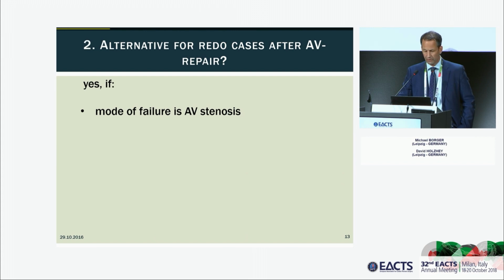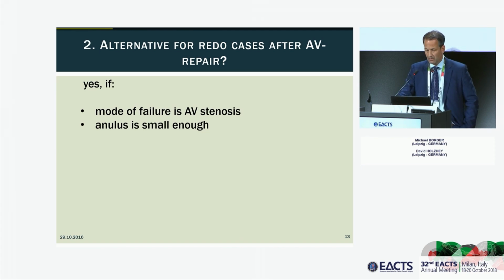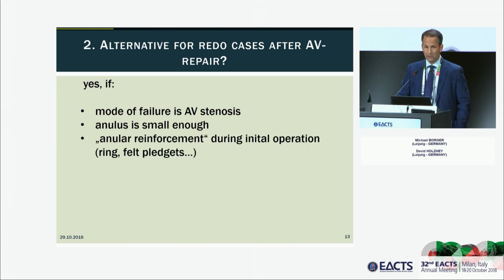Usually the mode of failure is aortic insufficiency. If the annulus is small enough, if there's been adequate downsizing at the previous operation, or if there's been some reinforcement using either an external prosthesis or an annuloplasty device, then we should be able to place a TAVI without risk of